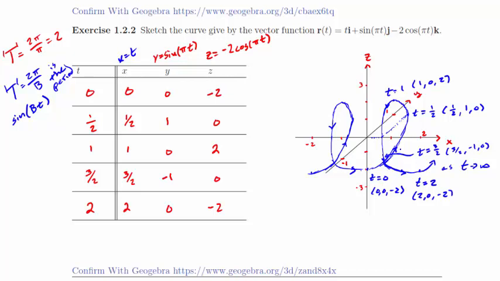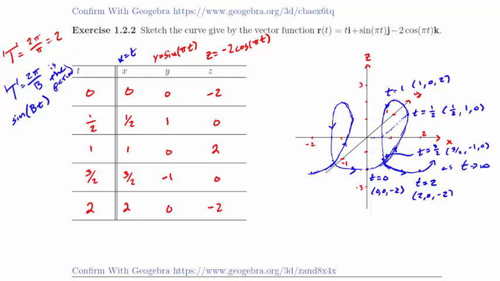When I have t equals 1/2, I get x is 1/2. Move over here. Y is 1. Move out 1 in the y direction. Z is 0, so I can just plot that point right there. T equals 1/2 gives the point (1/2, 1, 0). When t is 1, we get the point (1, 0, 2). So that's 1 in the x direction,